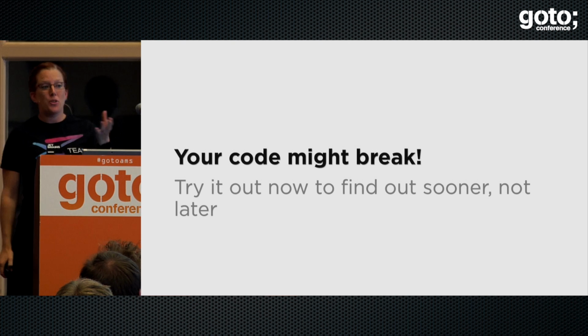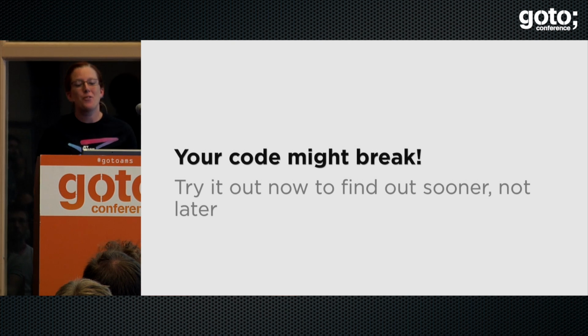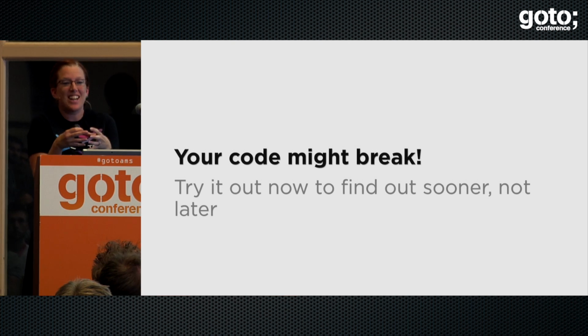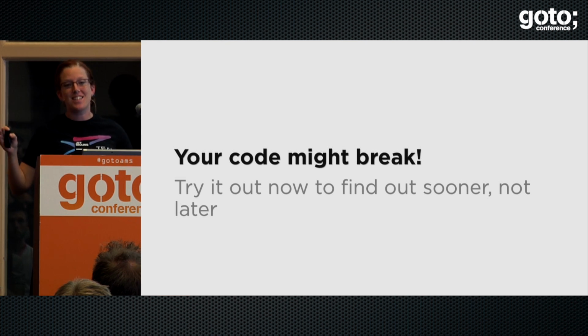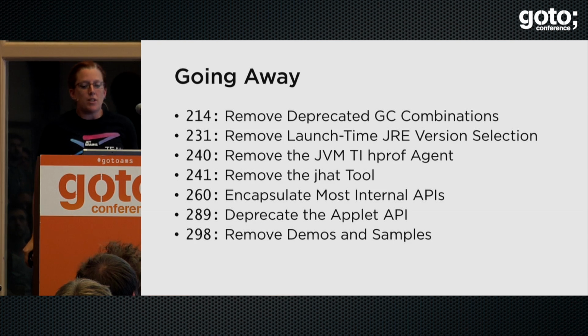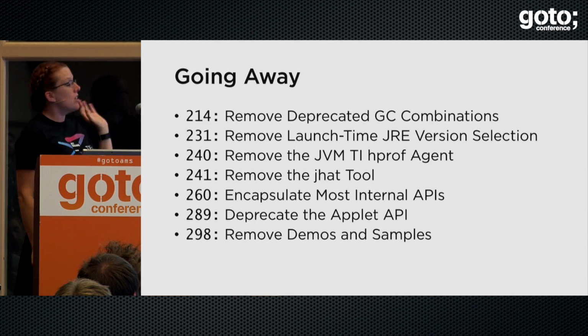It sounds unfair to put the work onto you guys, but when I worked at Mongo, this library was like 100 classes. It's this tiny library, including tests. But people were using it in all sorts of odd ways, and there's no way that we can test it in like 1 million different environments. It's just not possible. The reason why your code might break is that there's a lot of stuff that's going